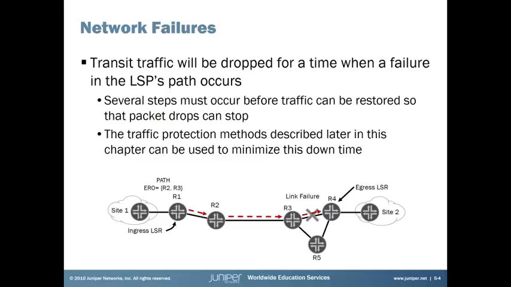We're using RSVP to signal the paths for us. We're using CSPF to calculate the EROs for those paths for us. We'll work out a best ERO for a particular path. What happens if something goes wrong? What happens if the path fails? Well, there's a few things that occur